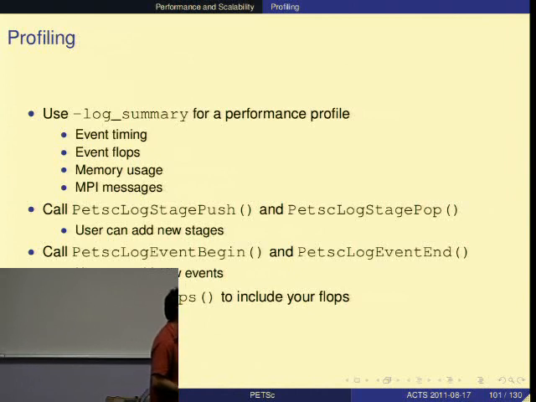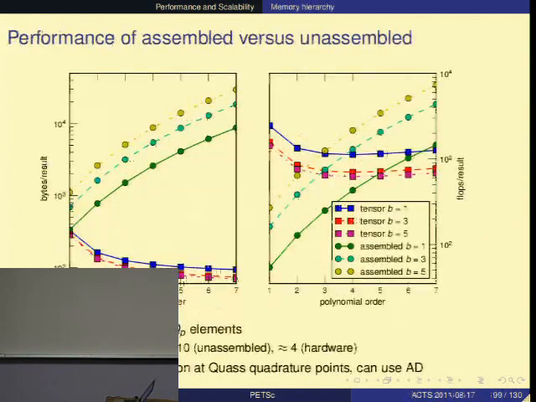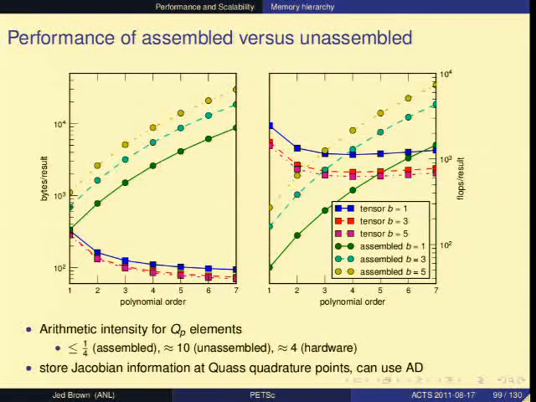I'm a little confused. If I have a problem where I have to have communication, and I'm not using the assembled matrix method, and I have unassembled matrices, I still have to do communication. Yeah, so this isn't about getting rid of the communication. That's fundamental, that the operator needs these values that are held by a different process. So we're not trying to cover the cost of communication. We're trying to use less memory locally.